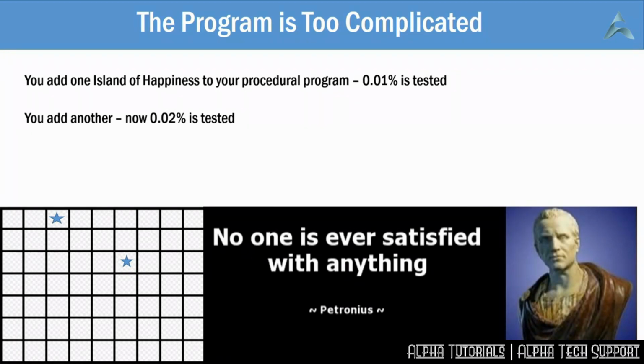The important quote on this slide is from ancient Rotronius, and he says that no one is ever satisfied with anything. This is especially true with software. So much so that I would say that if you don't get complaints or enhancement requests on a regular basis for an area of the program, that means people aren't using that area of the program. That would mean over a period of several years, you would get change requests for every single area of a program that people are actually using.